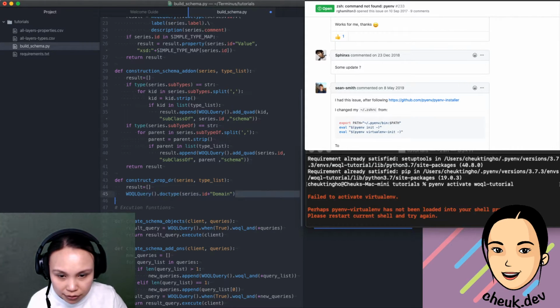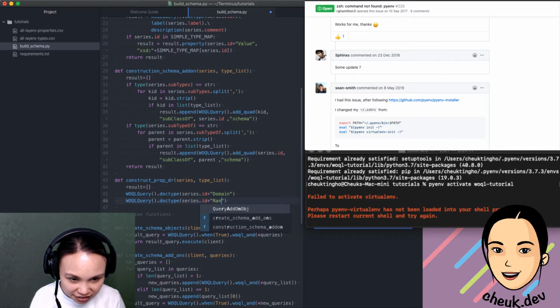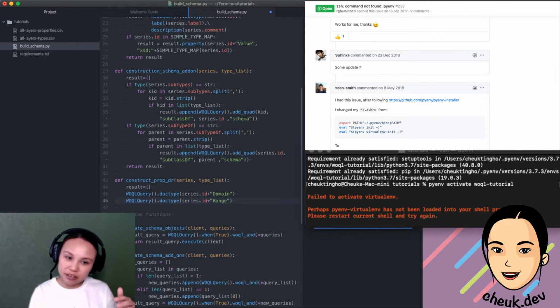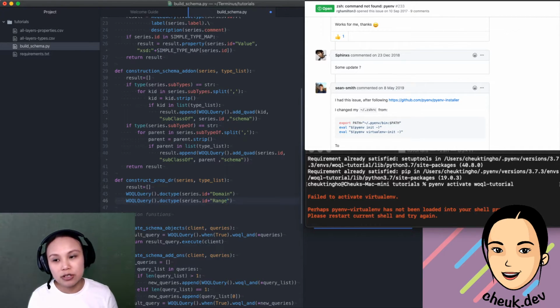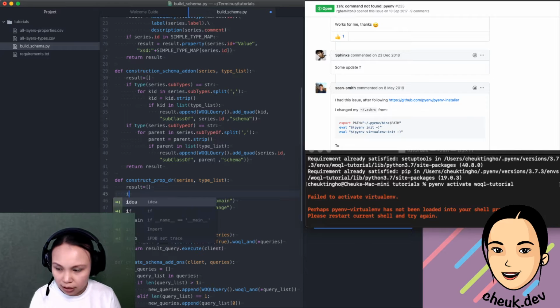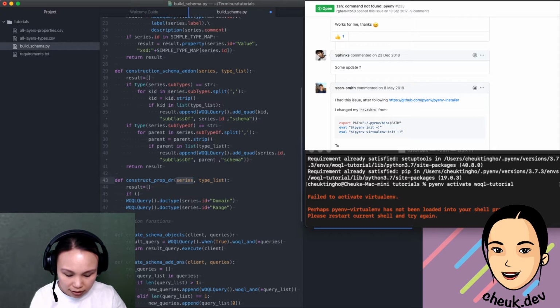I can do the same thing with the range, right? So this is totally not right, but I'm just constructing it with my logic, okay? So we will create a domain and an object doc type to hold the parents of the domain of the property and the range of the property. But there's a catch: if that property doesn't have a domain or a range, or it has only one, then we don't have to do this finicky thing, right? So we just do a check. So if this series